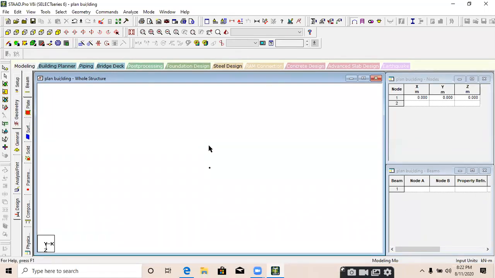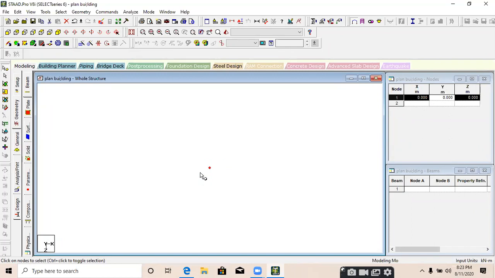To select any node, we use node cursor. If you are selecting any beam, use beam cursor. If you are selecting any plate, use plate cursor. This is a node. We need to select the node. So we will take node cursor from the cursor bar. Select the node cursor and then click on the particular node, or you can just drag a window like that.